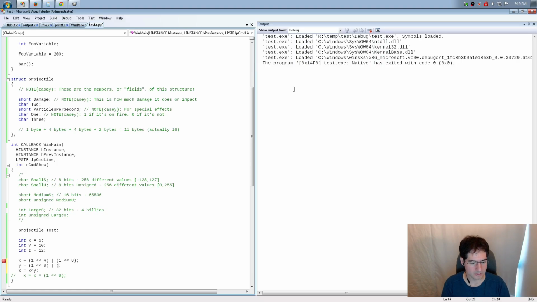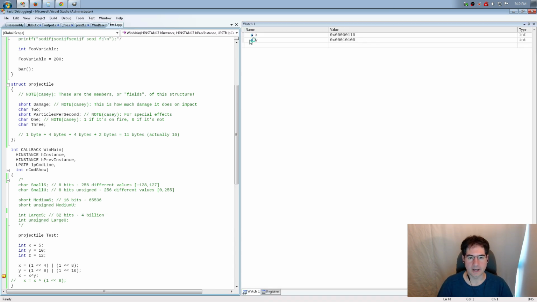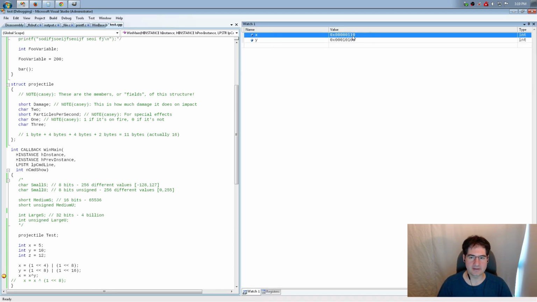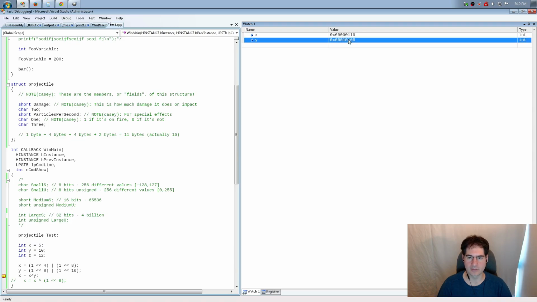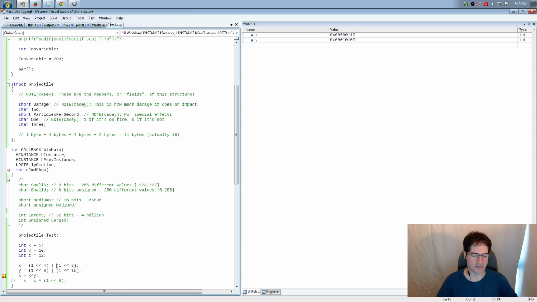There we go. Okay, so I've got some bits set now. You can see I've got 2 bits set in X and 2 bits set in Y, and only one of the bits lines up. So if we were to do an AND on this, we would expect to just get the 8-bit, because both of them have 8. The things that they both have in common, we expect to get.